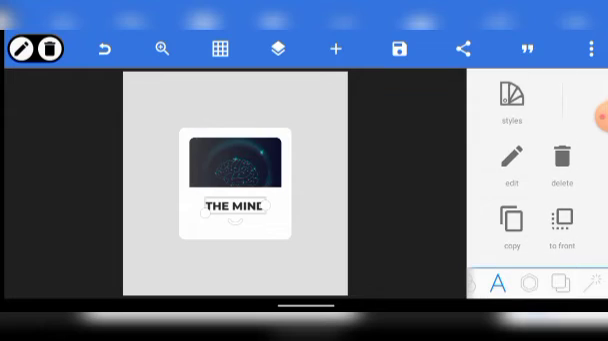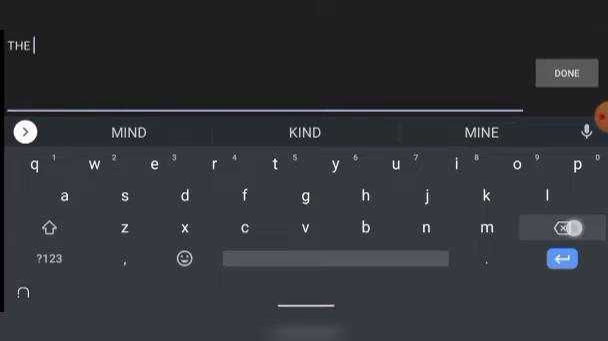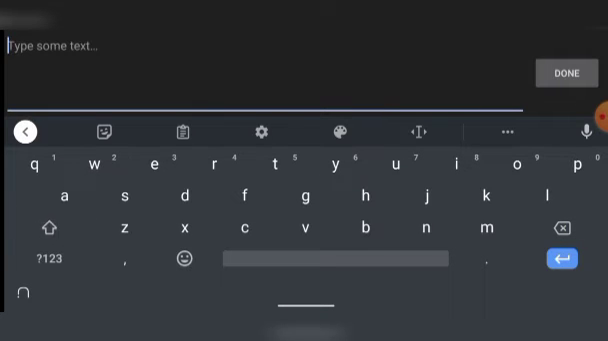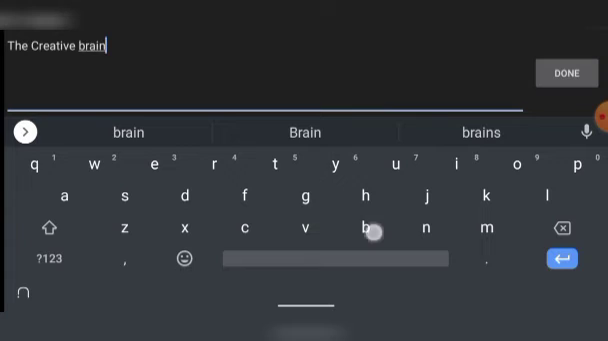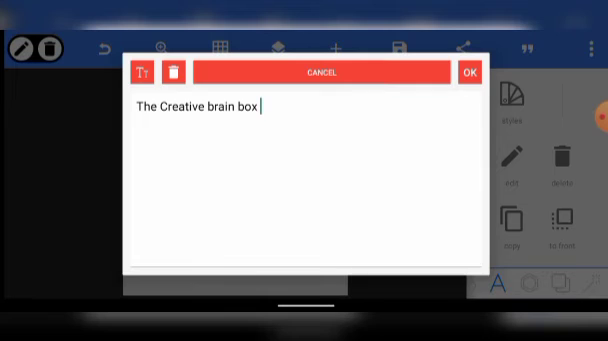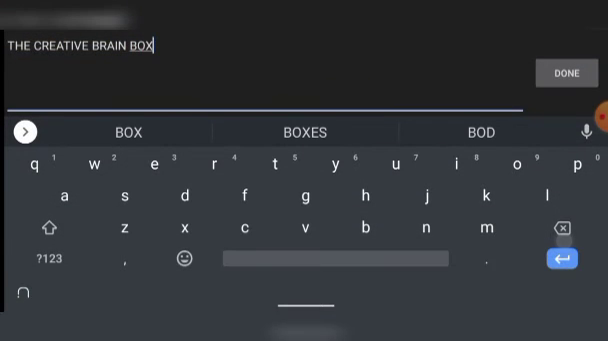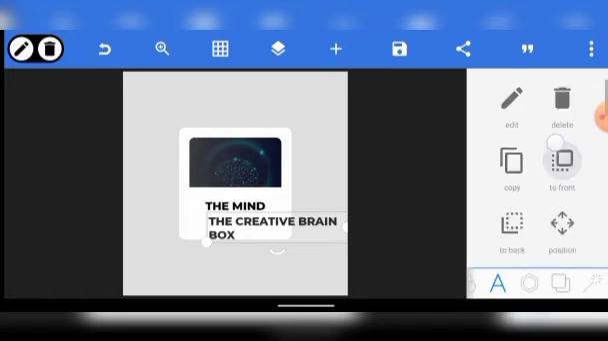Okay, we just have that. We can copy this again, place it here, and change it. The brain. Let's call it the creative brain box. Okay, clicking on our text to change it. Alright, then we change this to